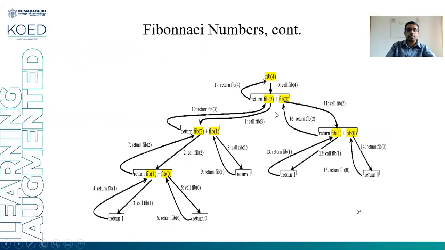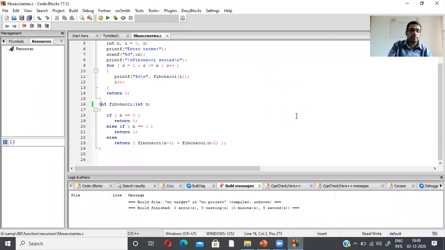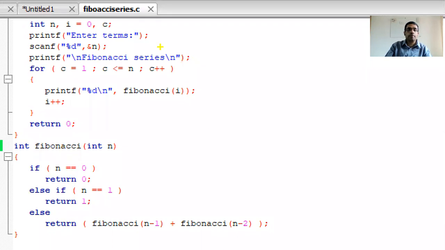It will call recursively. Okay, we are giving a function named fib. Here we are mentioning the function name is Fibonacci. Okay, then we will check. For example, I'm giving a term 2. Okay, I'm giving a term 2. So what will the C do? C will go from 1 to 2. Okay, 2 times the loop will go.